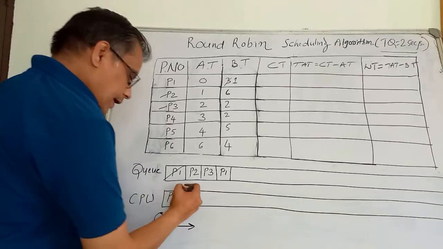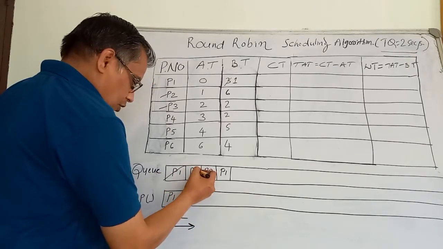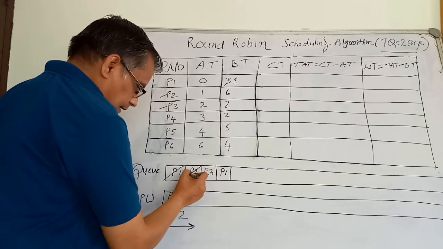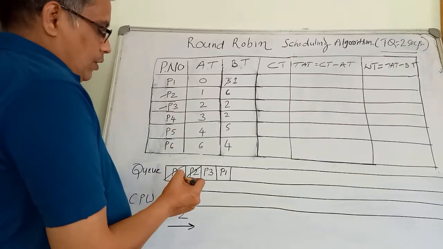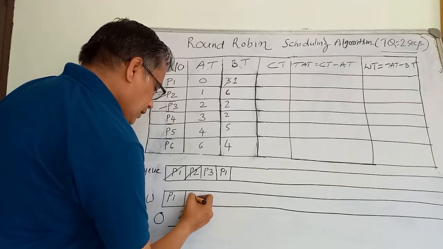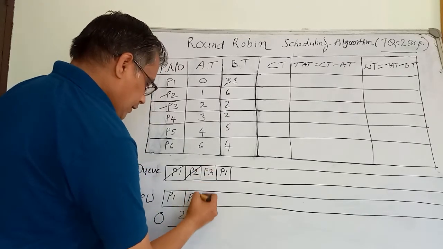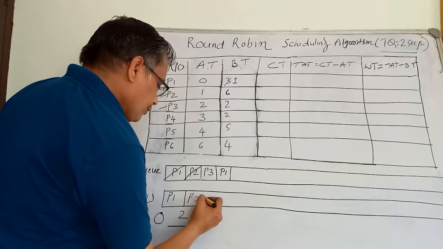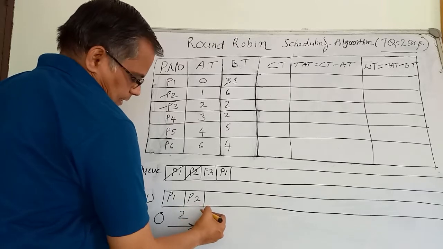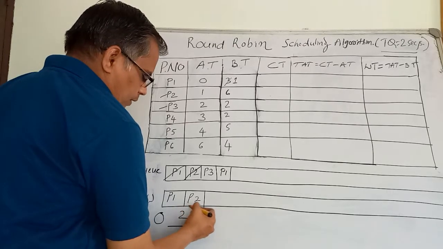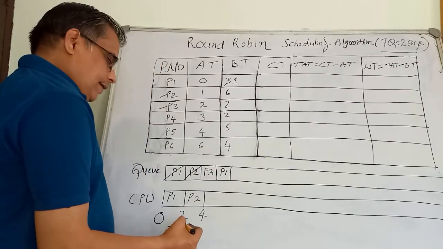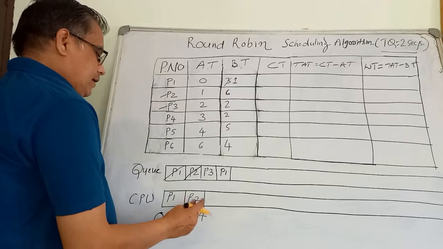Okay. Now again follow the same process, because you have to bring the process from queue to CPU. Again strike it here. The CPU is going to delete the entry from the queue and bring it into the CPU Gantt chart for the execution, rather P2. So that P2, that means what? Again it is going to be executed for 2 seconds. 2 plus 2, 4 seconds, correct? Now this is very important.